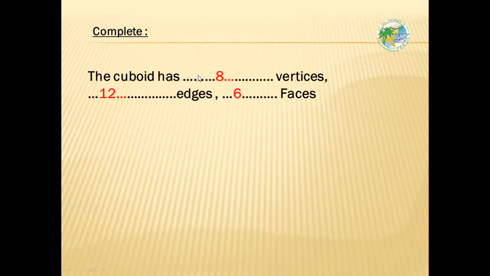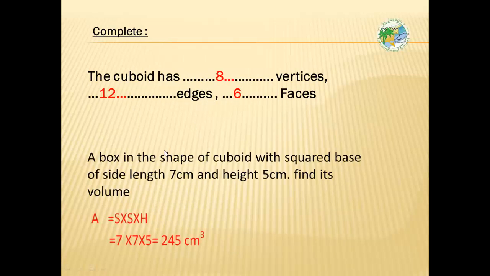The cuboid has 8 vertices, 12 edges, and 6 faces. Type: a box in the shape of a cuboid with a square base of side length 7 centimeters and height 5 centimeters. Find its volume. The base here is a square, so we don't have separate length and width, but we have side times side,